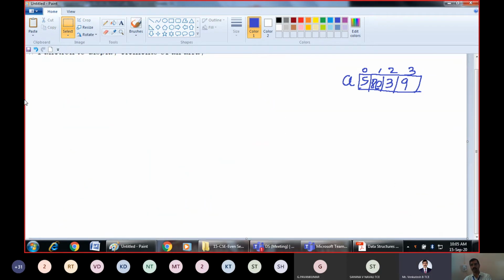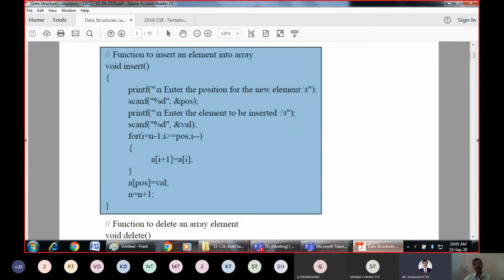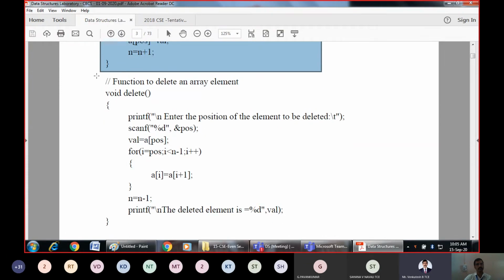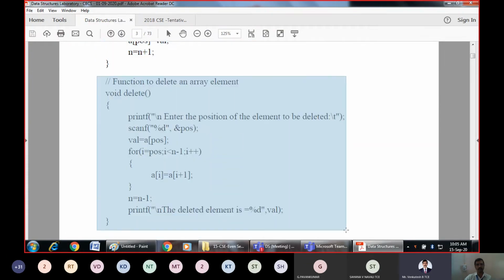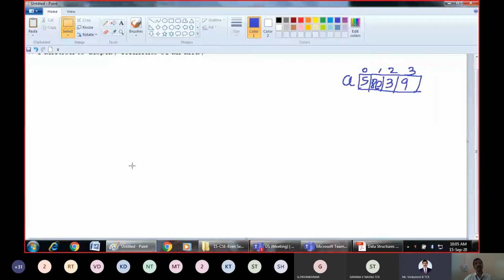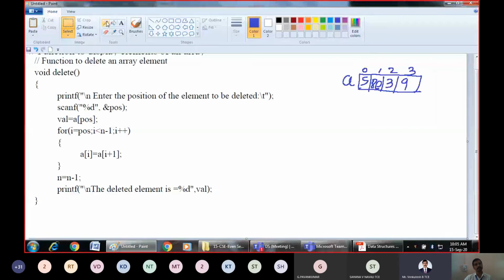I'll erase this one also. Let us go to the delete function now. That means deleting an array element from the specified position. Again, you are supposed to give the position from where you want to delete the element. This is the procedure we follow for deleting elements of the array.